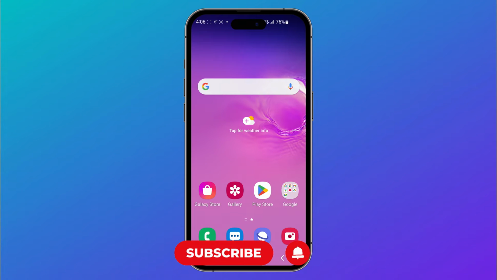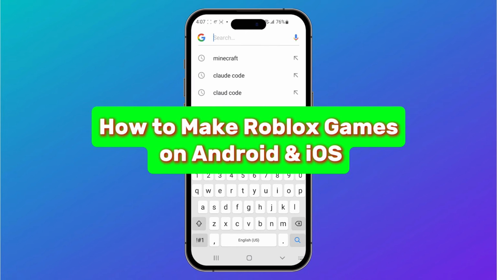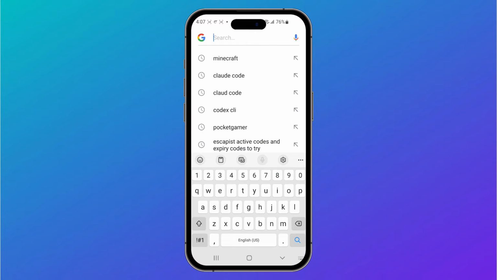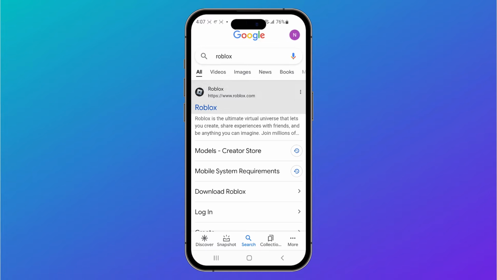In today's video, I'm going to show you how to make Roblox games on Android and iOS, full guide. So the first thing you want to do is go and open Google on your phone. Now once you have done that, you want to go to the search bar and type out Roblox. Now what you want to do is go and tap on the first link you see that